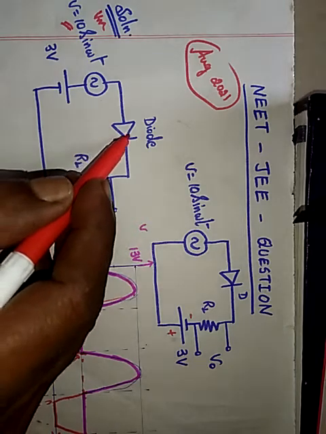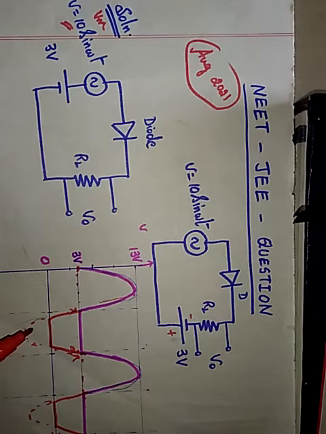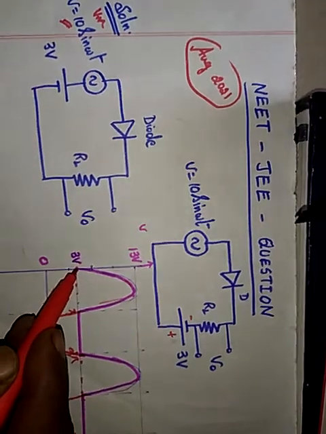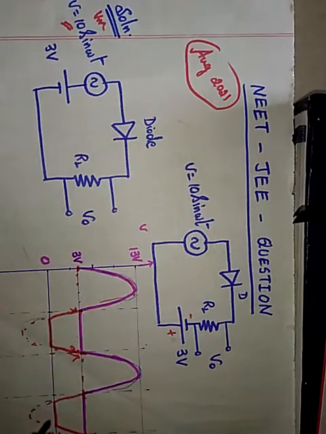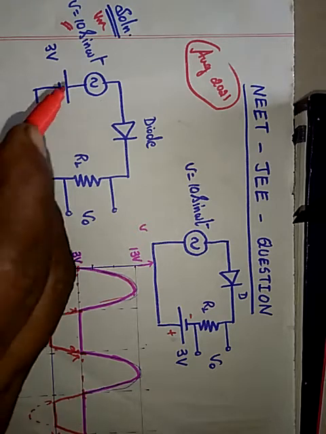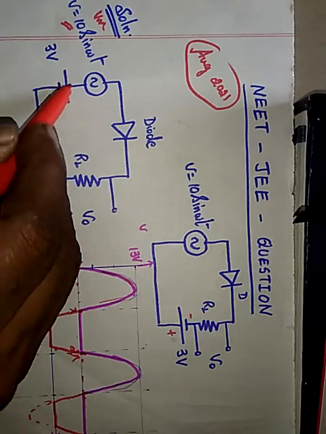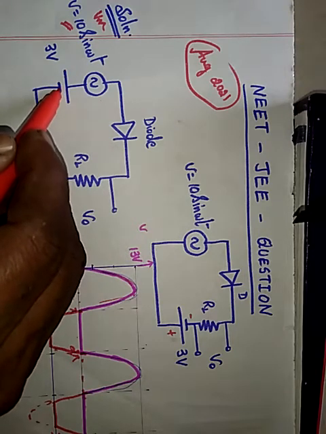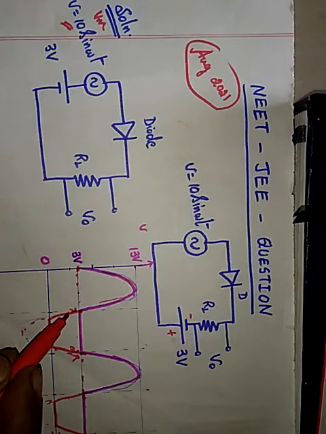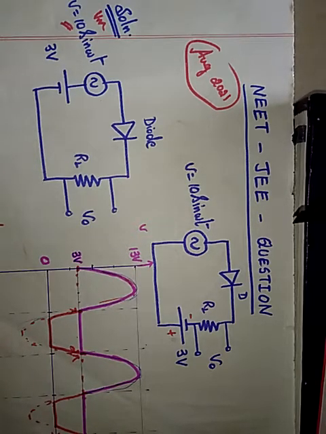But since we have a diode, we all know that it conducts only during the positive half cycle. Now what happens is, when the AC source is in the positive half cycle, it goes like this, and when it reaches 0, so this point is 0, but when this is 0, you have 3 volts. This 3 volts is in series, therefore the diode will conduct. Okay, so it starts conducting, and when the amplitude is minus 1, so basically the waveform goes like this. So positive cycle, no need to worry.